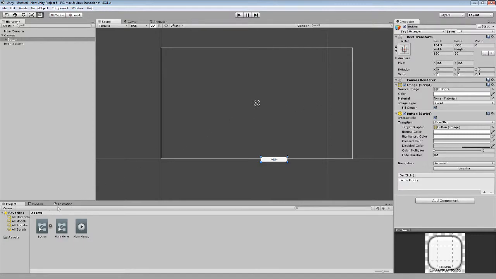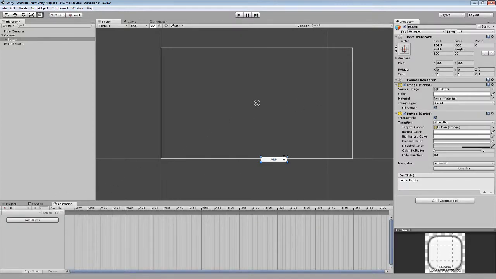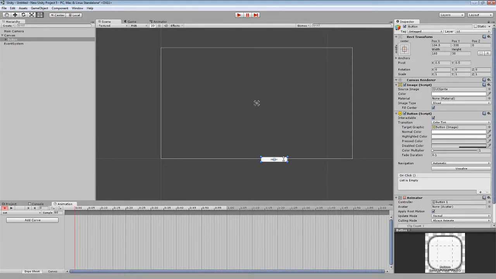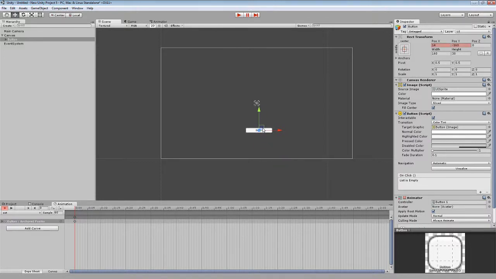From there, we'll open up animation, and what we'll do is first hit record, and we'll make a new animation, and we'll call this out. From here, we will move the button into a position of our liking. We'll put that here, and then from there we will go to about a second, and then move the button out of the screen. After we do that, we will stop recording,